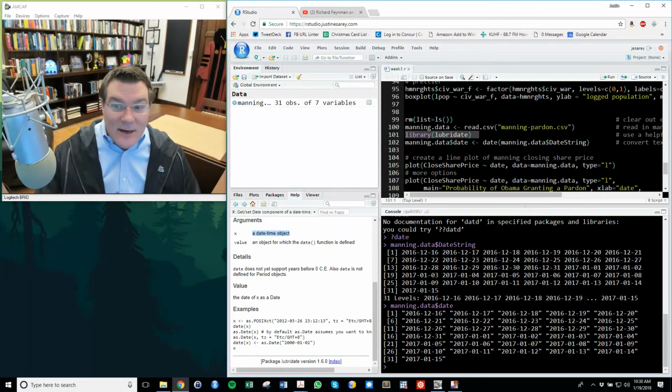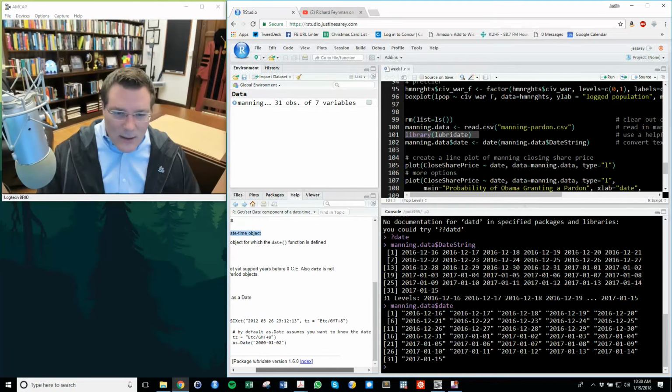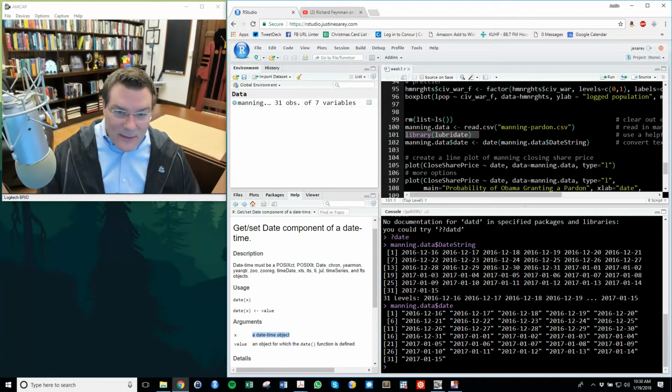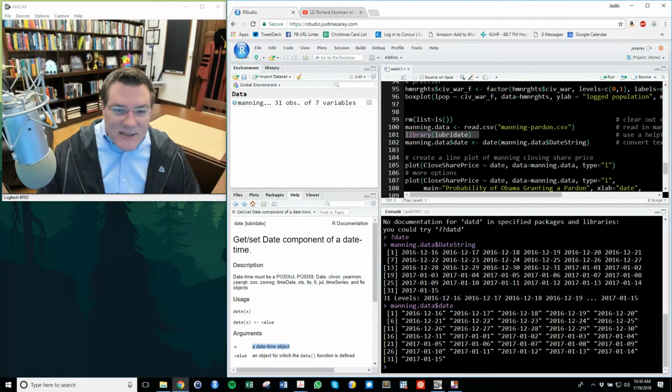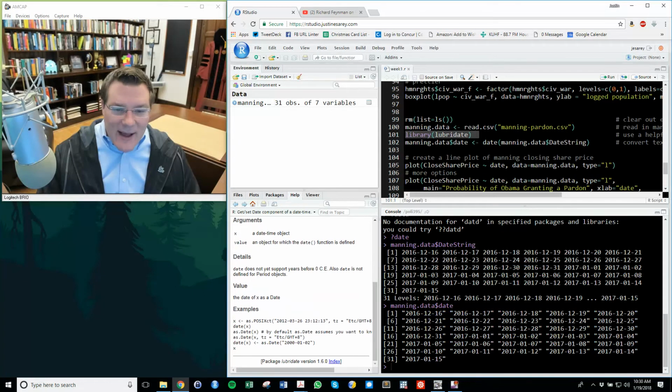In other words, it knows to put them in order and it knows they're dates. You can see date time must be a, and then there are all these different possible formats. This format, 2016-12-16, is a standard format for how dates can be read in. Therefore, we're able to just feed it right in and change it to a date.